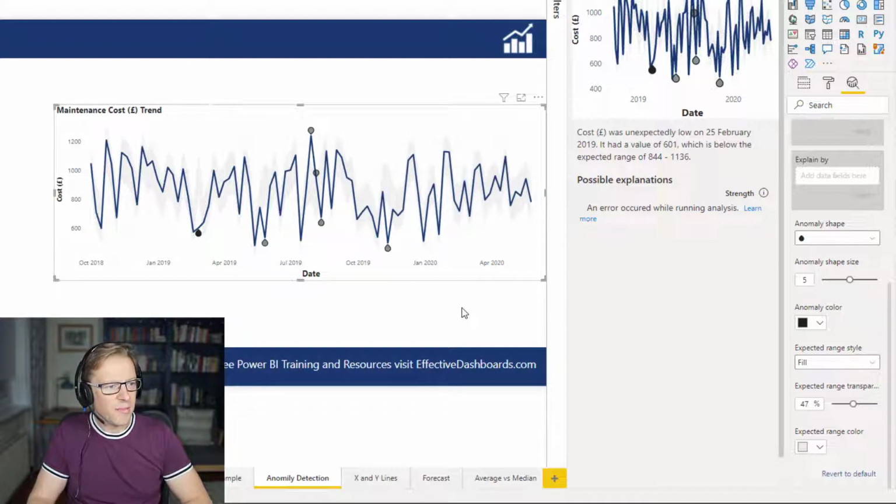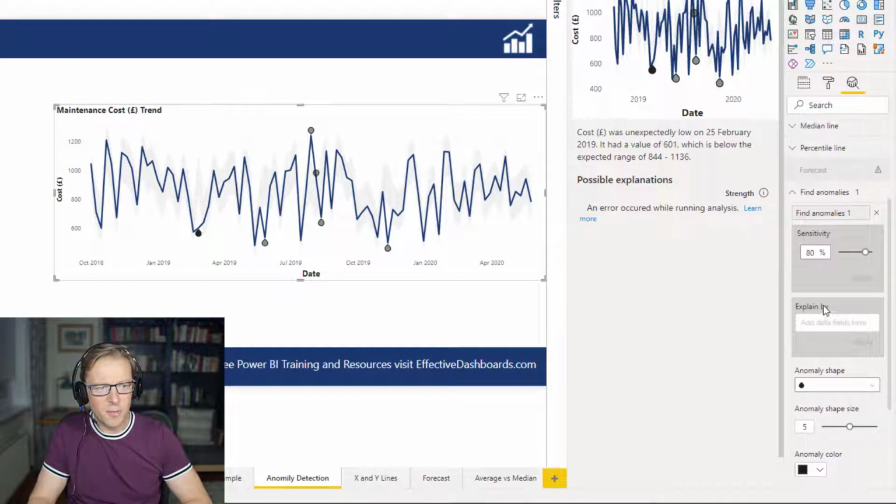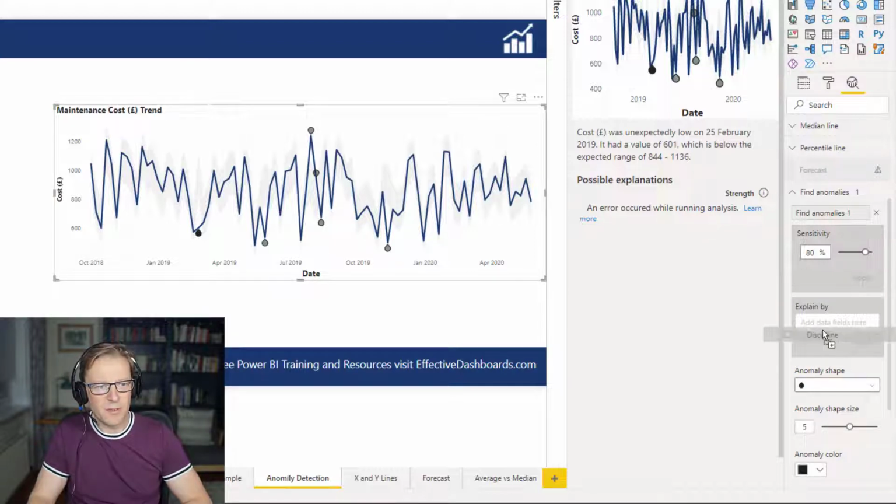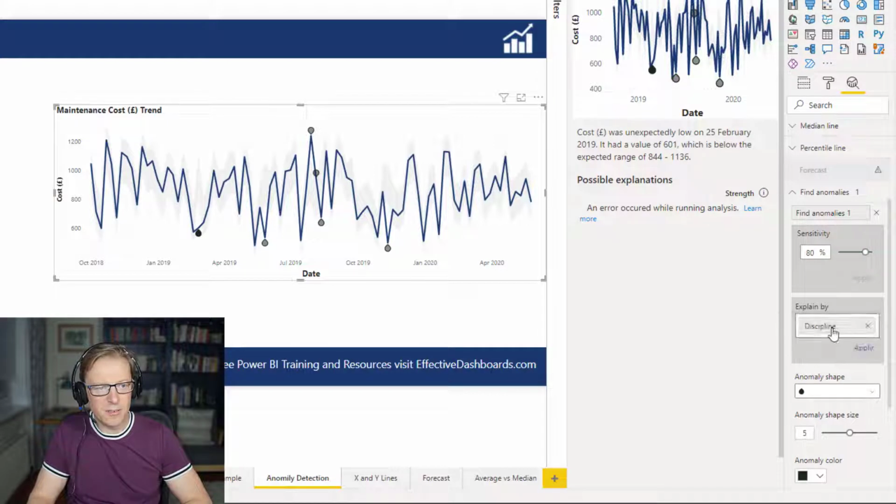However, the other option we've got is to populate this explain by field here. So the data that underlies this is split by discipline. So if I add, now at the moment it's aggregating the data by date, but if I put discipline in here and apply, now again there's an error here. And the reason for that is this option isn't available until you publish the actual report to the Power BI service. So I'll pause the video and I'll do that, and I'll come back and explain how you can use